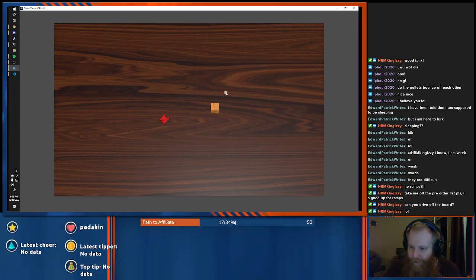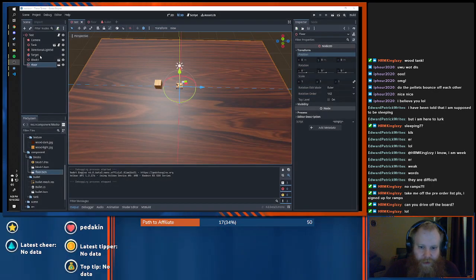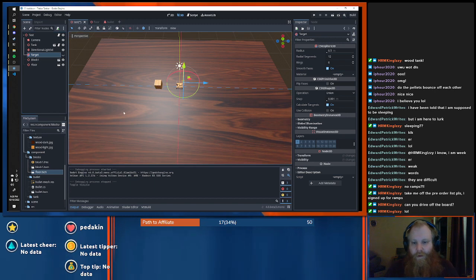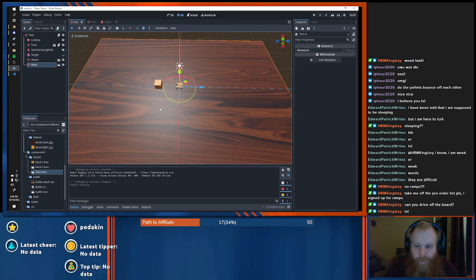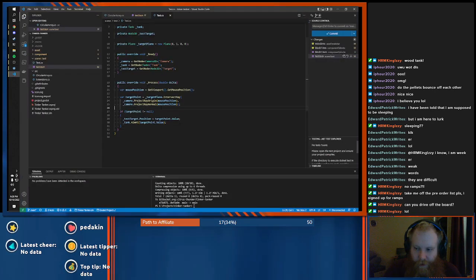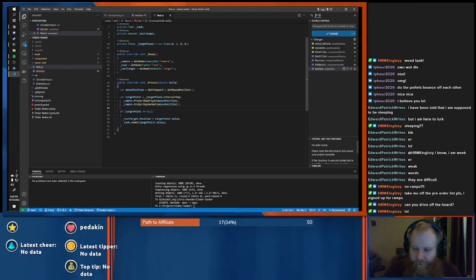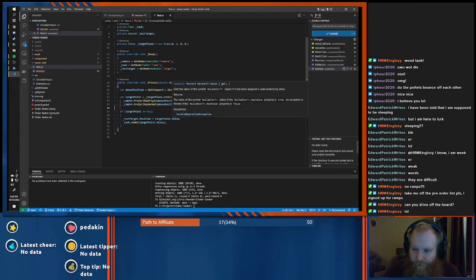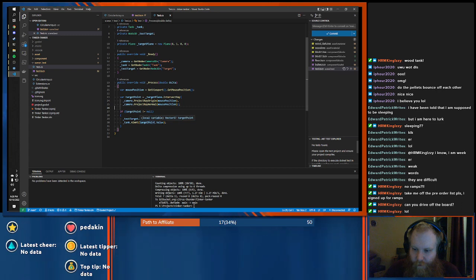Also, I can get rid of that little ball that's on my mouse. That is for testing, so that's this guy, and target. Target point is... Okay.